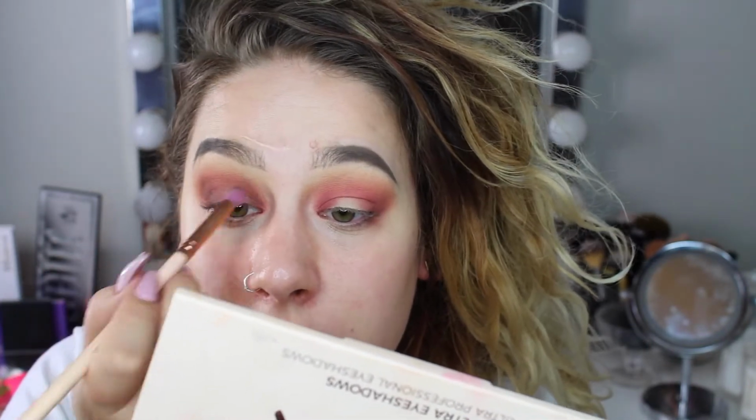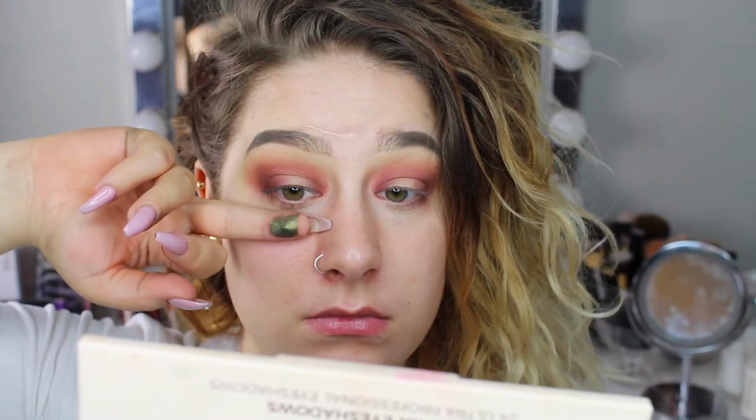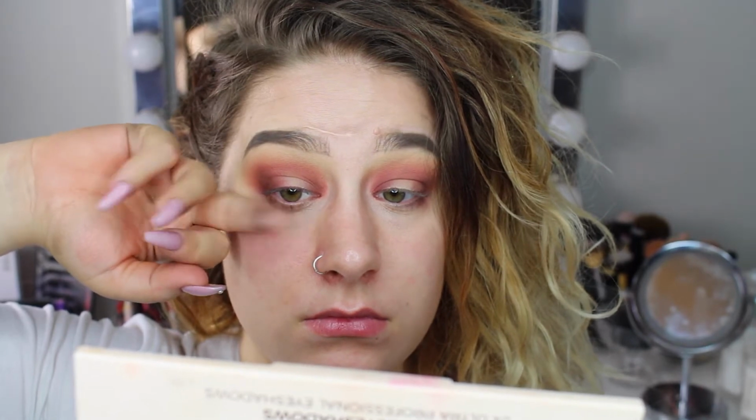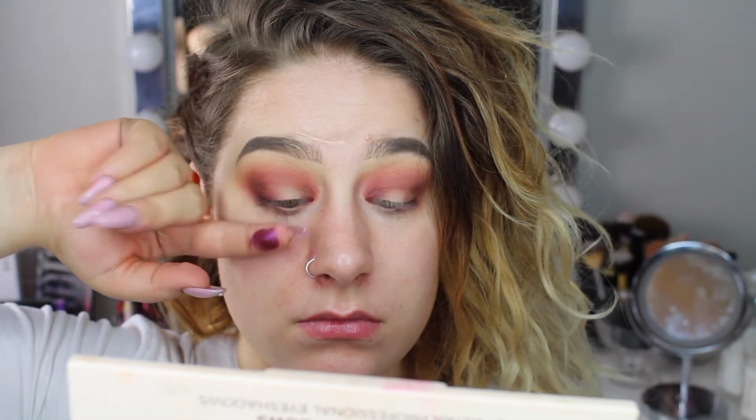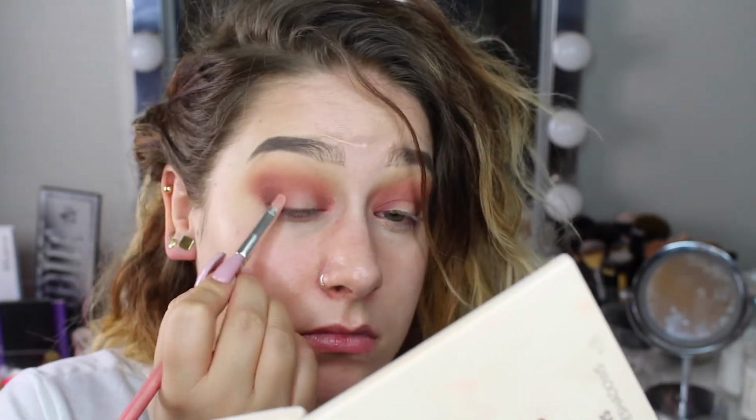And then I couldn't decide if I wanted to take the shade Mixed Berries or Pine Tree. I think you can use both of them. As you can see here when I'm doing my fingers, I think the look looks fine with both of them. But I always do green look. So I figured that, you know what, no, I'm gonna take a purple today. I use purples all the time as well, but you know...